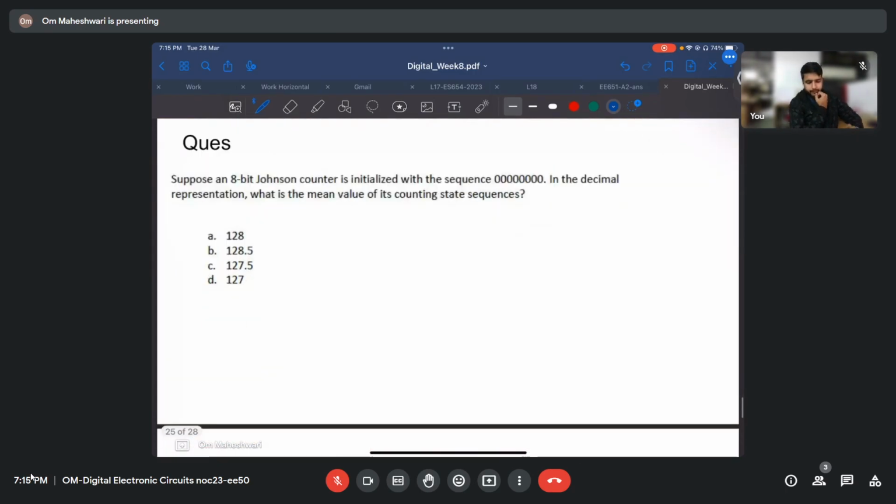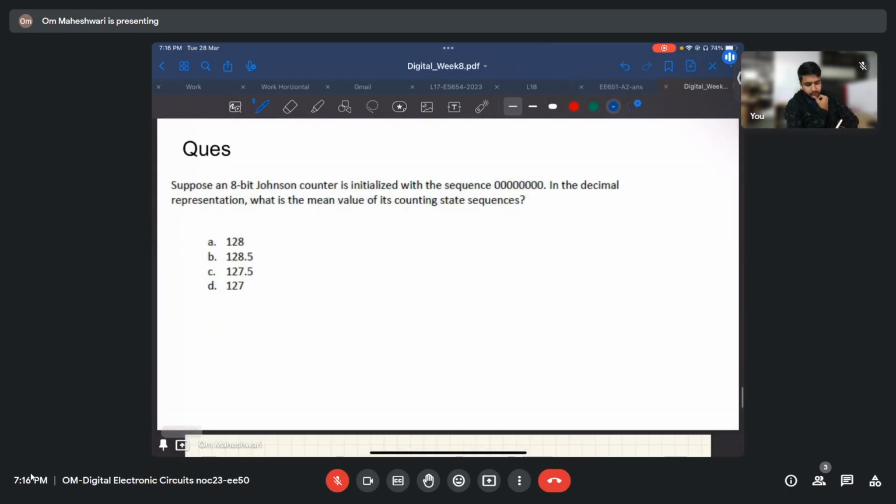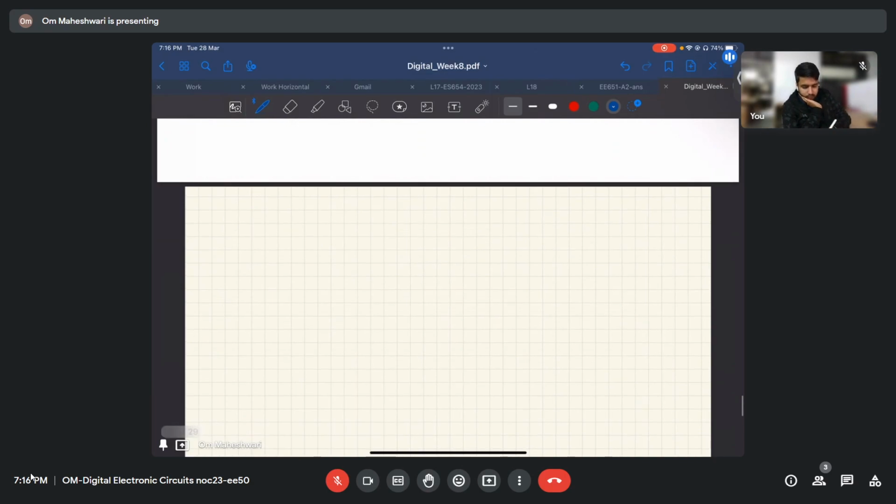The next question now. You have an 8-bit Johnson counter. Initialize it to 0000. What is the mean value in the decimal representation for its counting sequence? Okay. So first, how many states will it have? If it's 8-bit, it will have 16 states, right? So if we start with 0000,